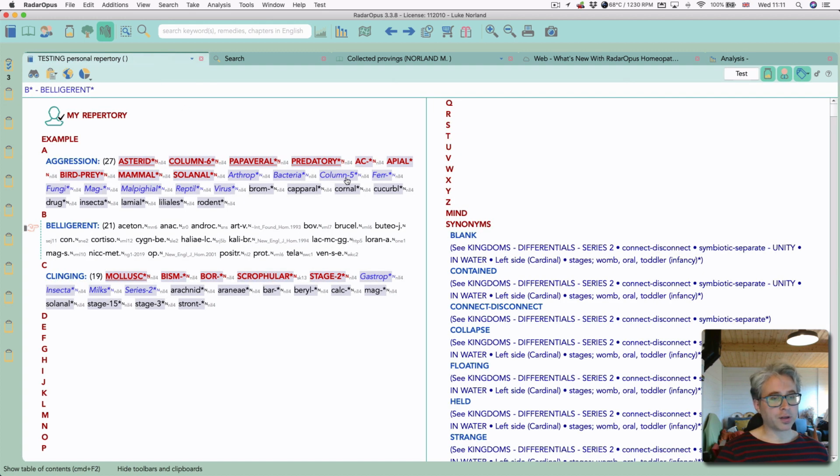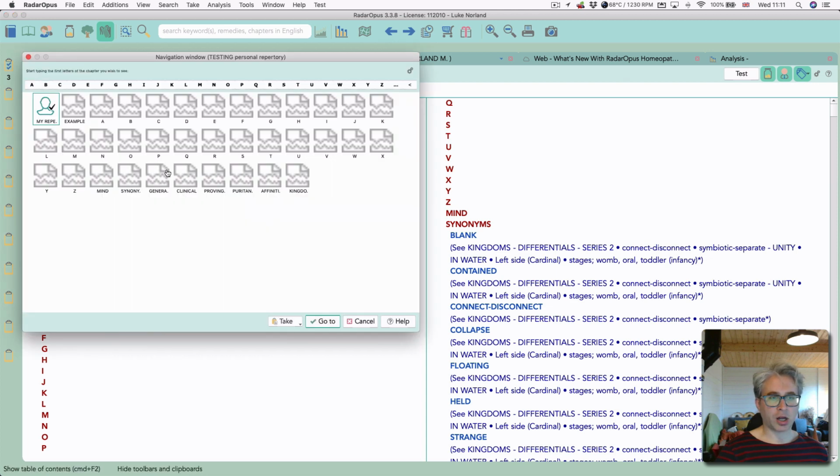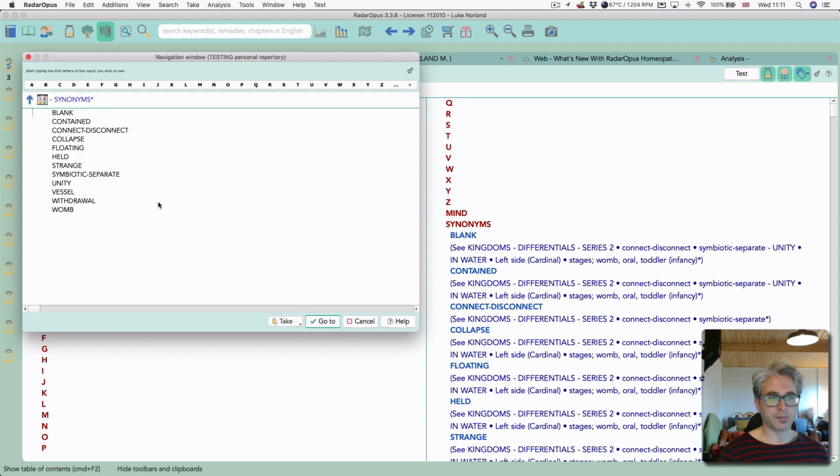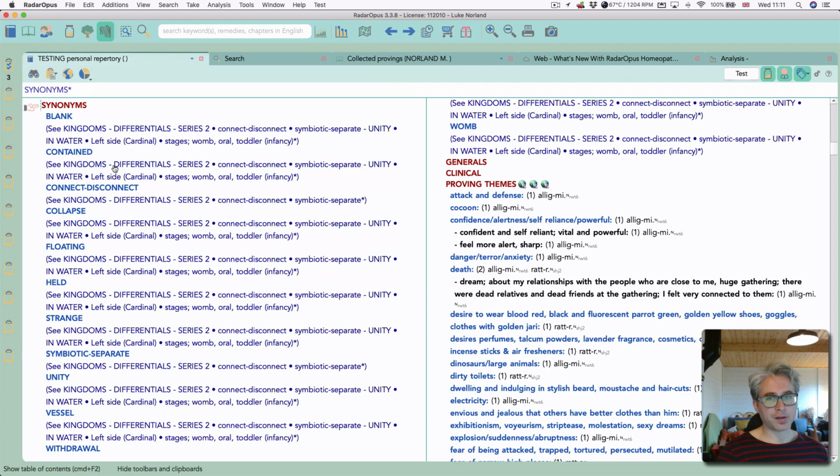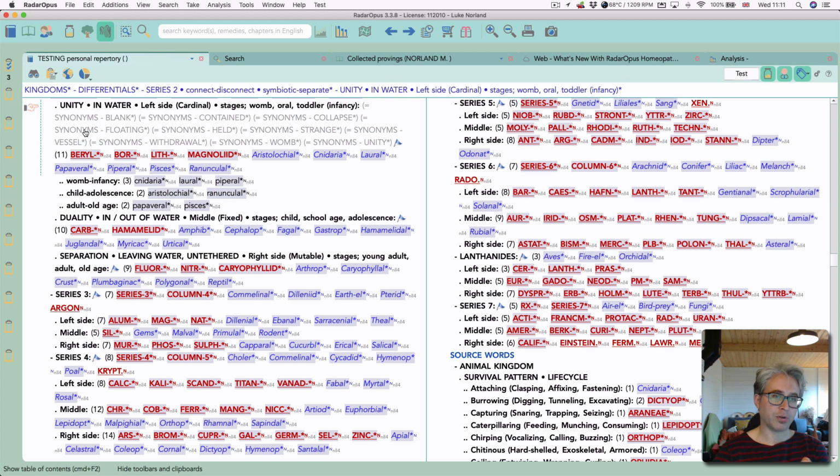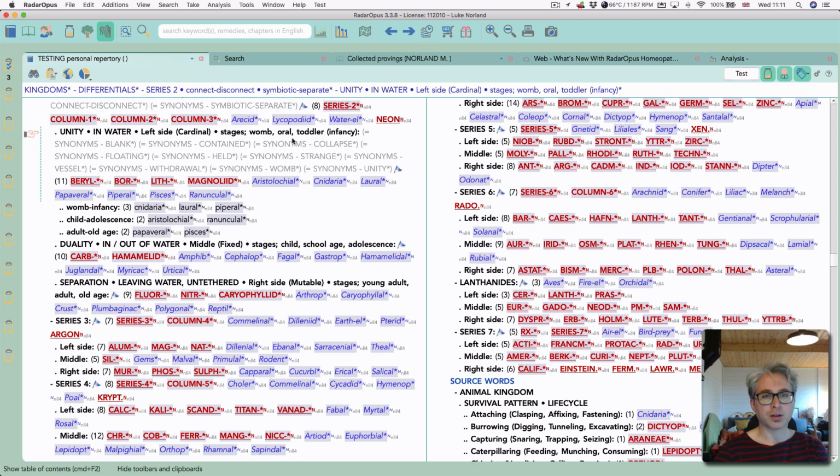Okay, and just to give you some other ideas, let's open up. At the moment, you don't get any icons yet for the different chapters. I started creating the structure of an alphabetical repertory and synonyms here. The synonyms are basically words that I want to use at other points in the repertory. So if I click here, I go to the point in the repertory which contains all those synonyms. So you see here, I'm saying the left side of the row 2 periodic table has certain qualities expressed in cases here, and I've got here